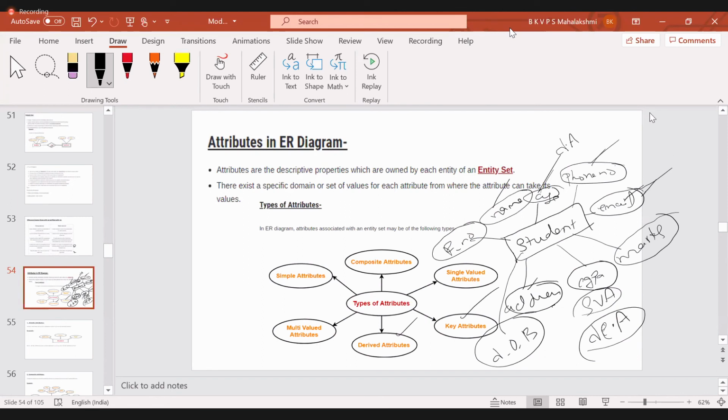Ma'am, can you explain composite attributes once again? Composite attribute. So,